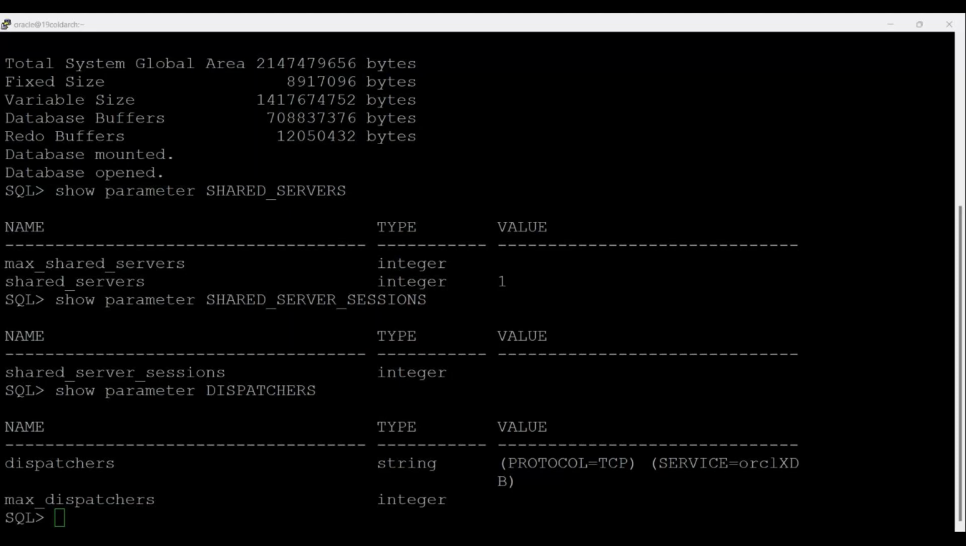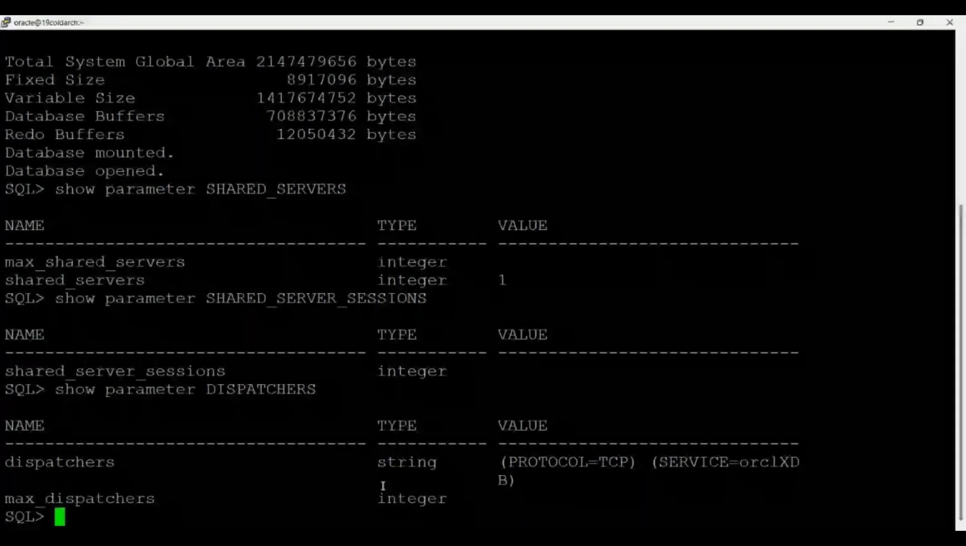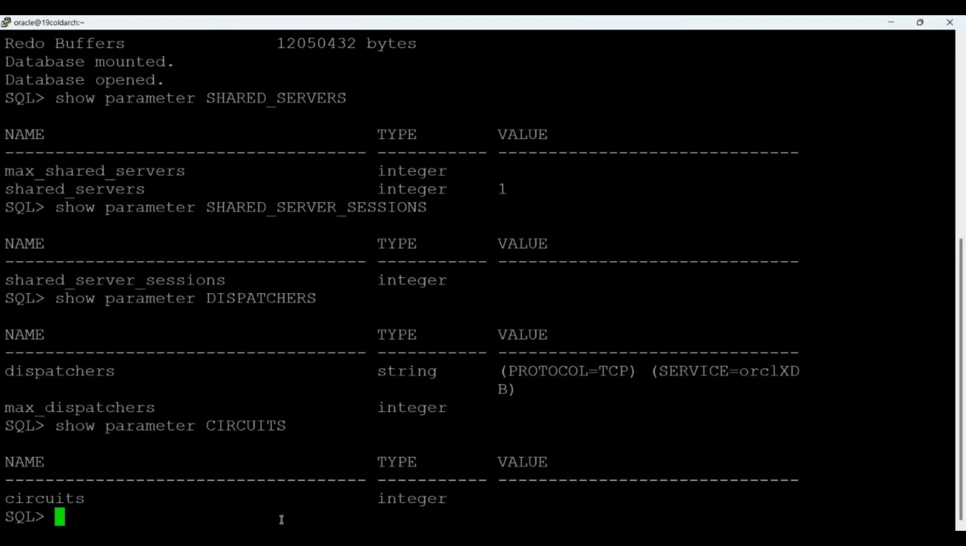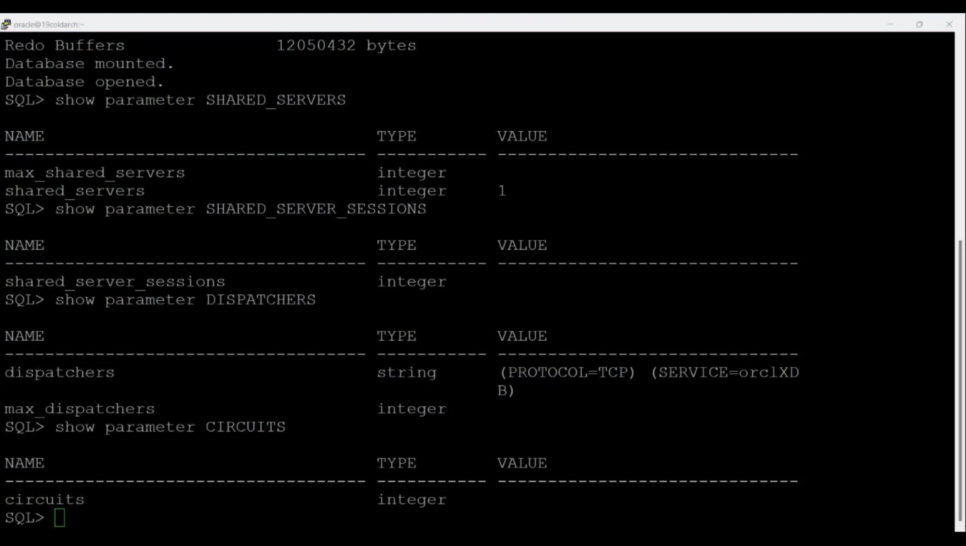So this parameter can be ignored for now, because it will only be useful in a future release when the number of dispatchers is auto-tuned according to the number of concurrent connections. And there is one important parameter I hope you heard, that is circuits. Show parameter circuits. This parameter specifies the total number of virtual circuits that are available for inbound and outbound network